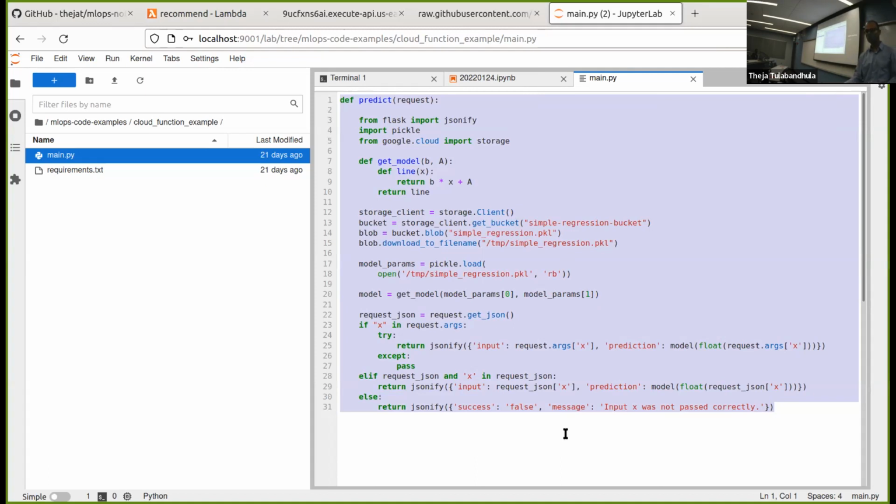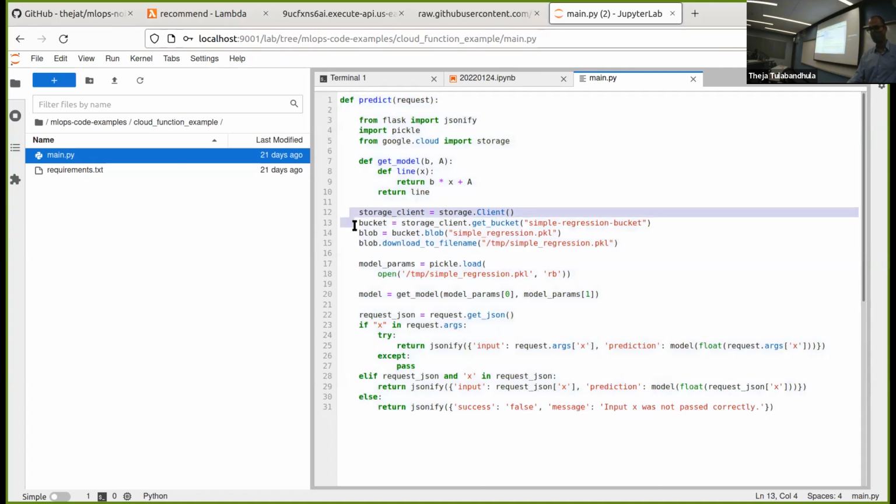So what else is going on in this script is that we are connecting to Google Cloud Storage, which is a different service, from which we are picking up the model. Then storing that model locally, reading that model using pickle, and then updating the model. Now you can imagine all these steps. Should they happen inside the function or outside the function? The problem is